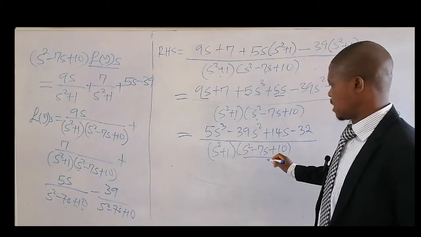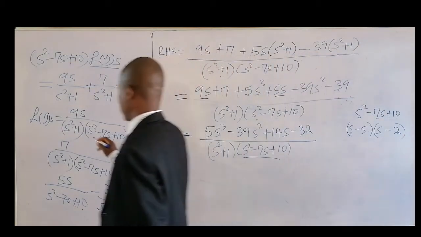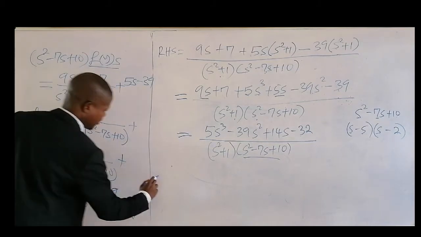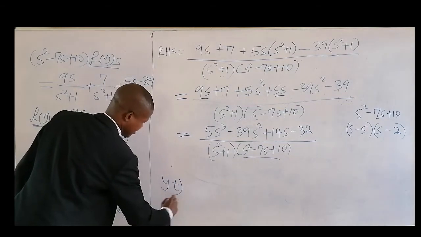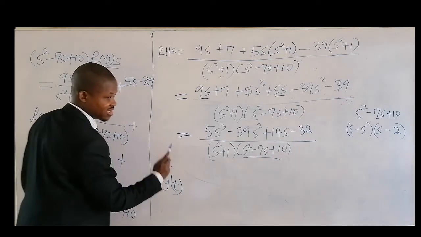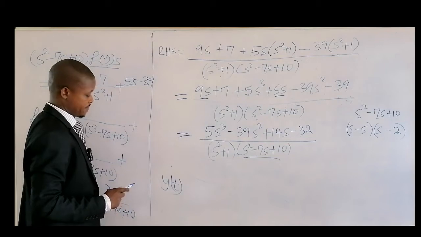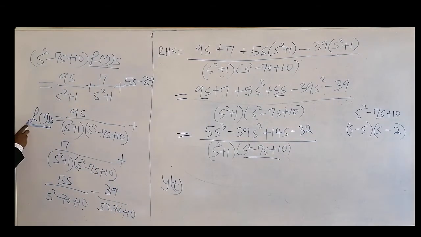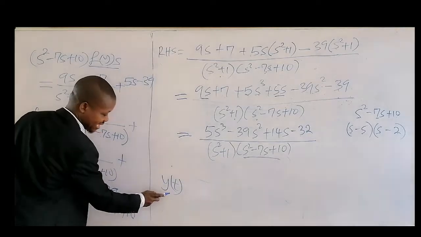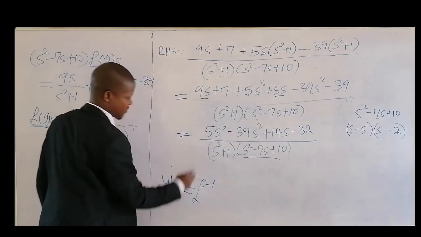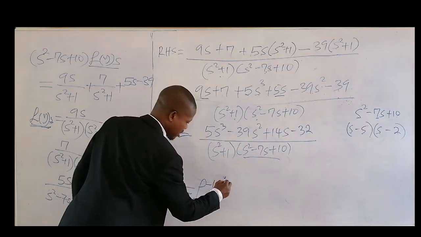We can now write this as, we're going to take the inverse of this. The inverse of this function will give you this, transforming from the s domain to what? To the t domain, the time domain. Okay, so the moment you take the inverse Laplace of this, you have this as a function of t equal to the inverse Laplace of this expression, which we are looking for.